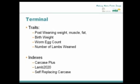Okay, our terminal rams, it's all about carcass traits here, so we really need post-weaning weight, muscle and fat to be our major traits of focus. Of course with a focus on birth weight so that doesn't creep up and we're not spending our Saturday mornings out pulling lambs instead of going off to play cricket. Worm egg count's pretty important as well, and also number of lambs weaned, so that we do have some fertility